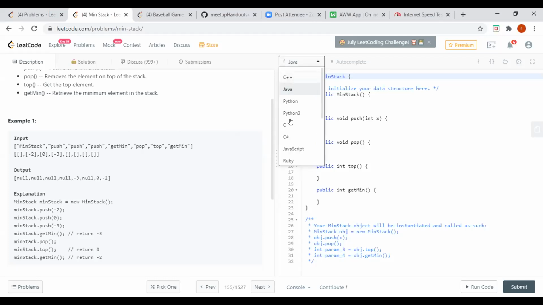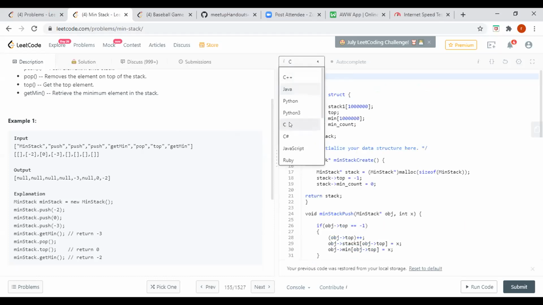And I prefer coding in C. Basically, I'm comfortable with Python and C. So here, in C, first we are defining a structure where we take one stack, and